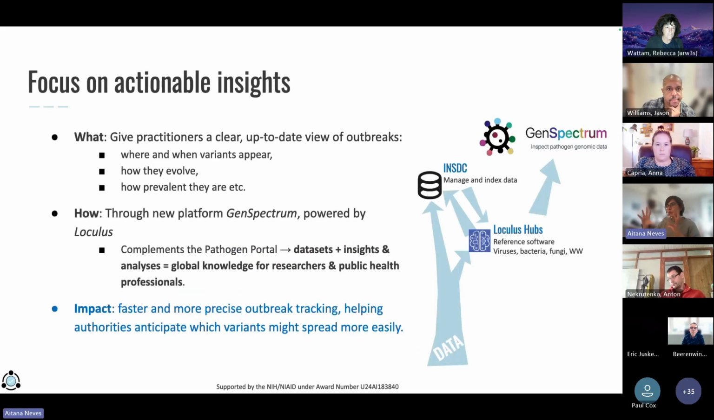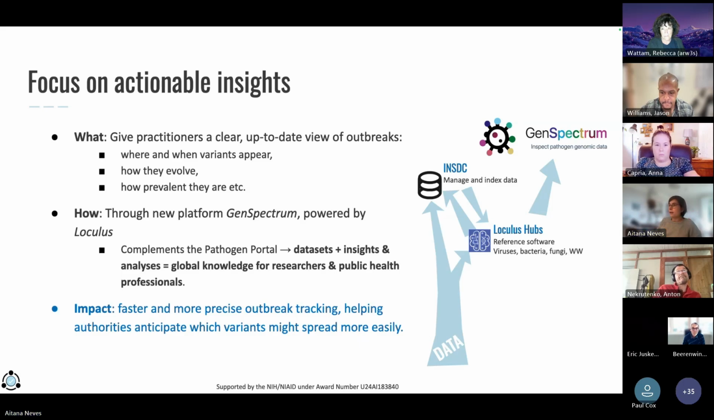So just to try to explain a bit more, what we will be trying to do is to really focus now on actionable insights, to give practitioners a clear, up-to-date view of outbreaks. Basically through the tool GenSpectrum, which is a platform that, for specific viruses for now, but we will be extending that to additional pathogens, bacteria, fungi, allows us to really follow specific variants and mutations of interest and see how they evolve over time and how prevalent they are